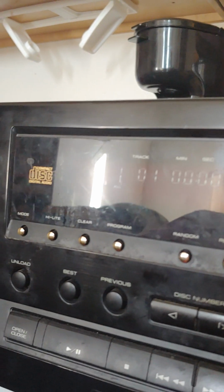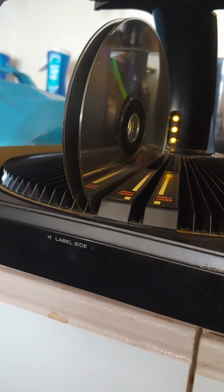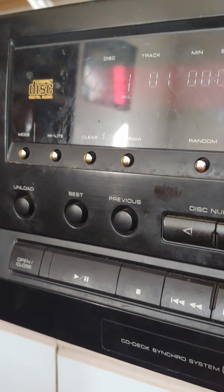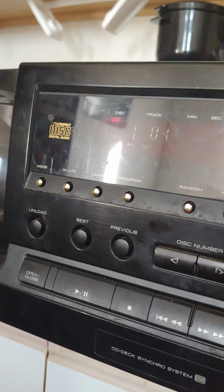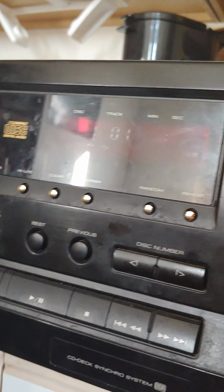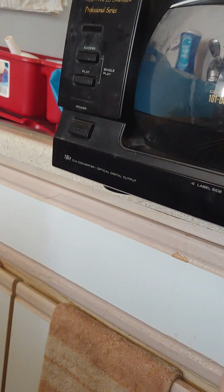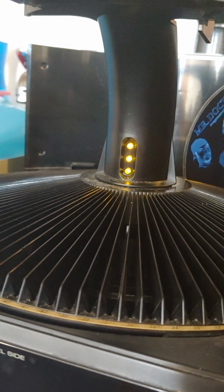That's another interesting point to make too, is if you push this, it'll bring you back to number 1 or P0, whichever you were just listening to. You can unload it, and it knows that it's on disc 1. But if I go like this and I want to play it, and then say I want to unload whatever disc is directly in front of the door, just hold down the open close button, it opens the lid, and then you get access to